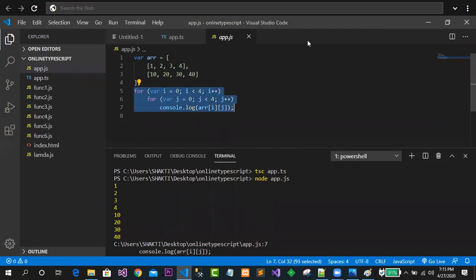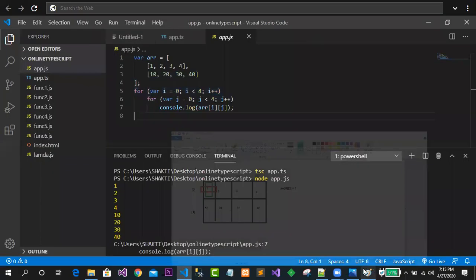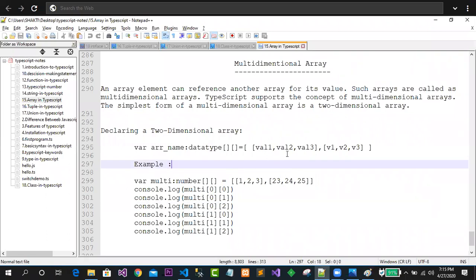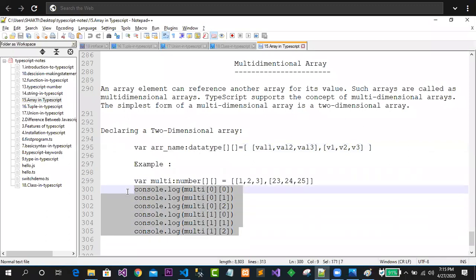Clear? Now what is the requirement? Whenever we talk about a 2D array, yes, we can do something like this. Just come to the notes now. What is the next thing we are going to have? So this was the thing. Just try to observe: this is the syntax of writing it, and this is the way we print the values of all the data. It's very simple.